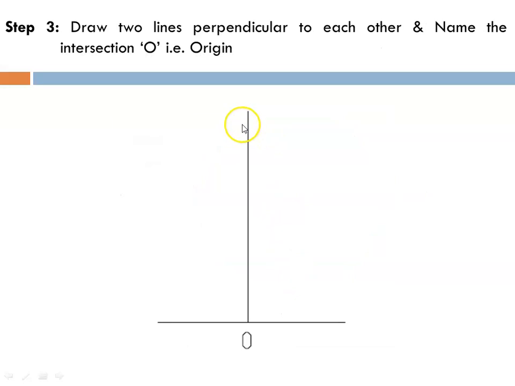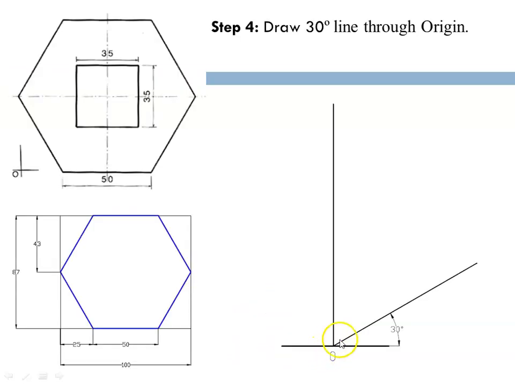Now after getting this, we'll come back to the question. But before that, we will start with the basic construction of the isometric box. Two mutually perpendicular lines will give you the intersection, and that intersection is nothing but your origin. Through that origin, draw a line at an inclination of 30 degrees. That is the basic step in the construction of the isometric plane that we have already discussed.